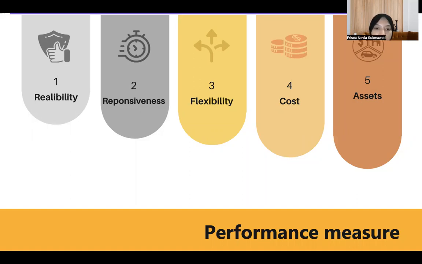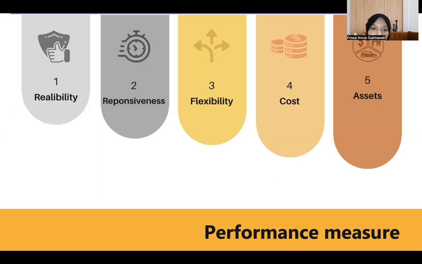The performance measures cluster as follows. Reliability is the percentage of accuracy of the plan compared with implementation, and this attribute is used to analyze whether the supply chain can be relied upon in fulfilling orders correctly. And then the second one is responsiveness, one of the attributes that focuses on matters relating to the consumer. This attribute also looks at the extent to which the response speed of the supply chain is calculated in units of time, such as the time required